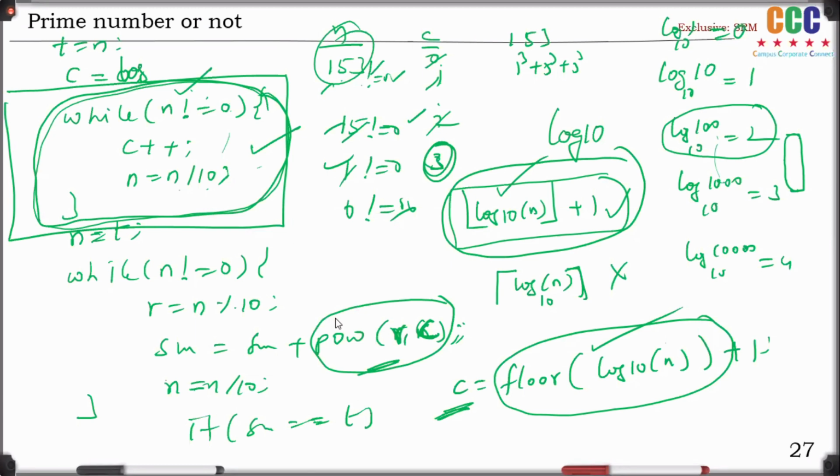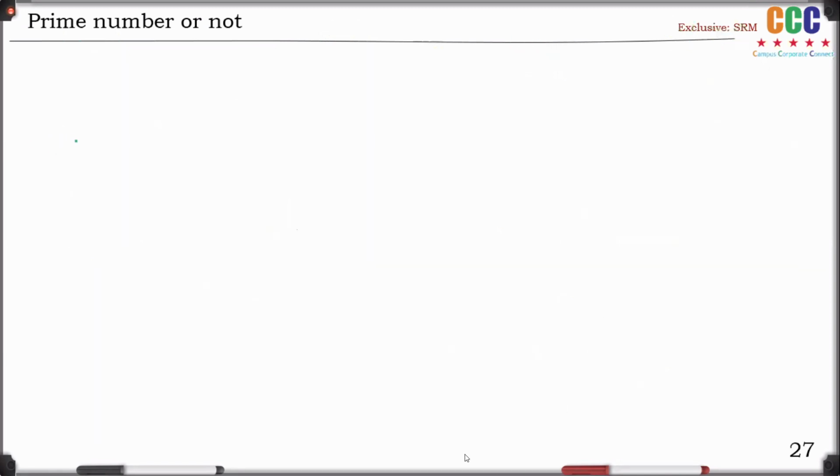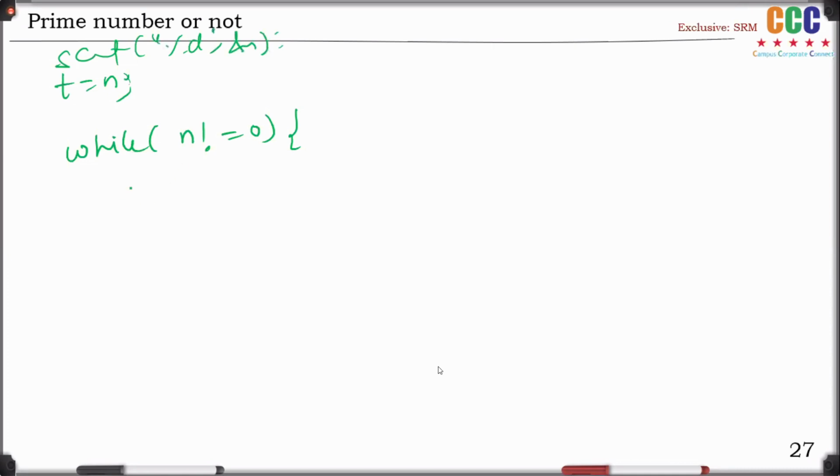The next question is, with these numbers, we can play with numbers one more time. The same logic: while n not equal to 0, of course, we copied the n value into t after taking input into n. No problem. Okay, one more problem, right? Remainder equal to n mod 10 as usual. Listen to this: sum is equal to sum into 10 plus r.